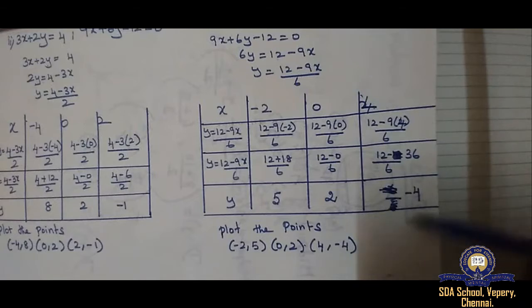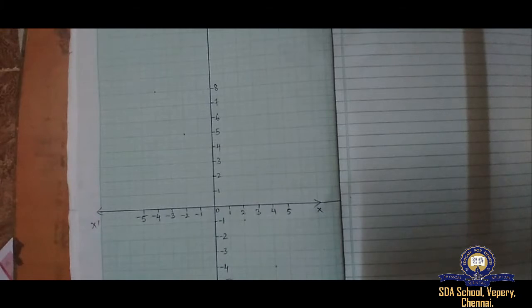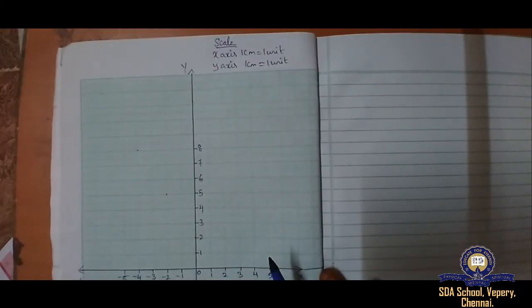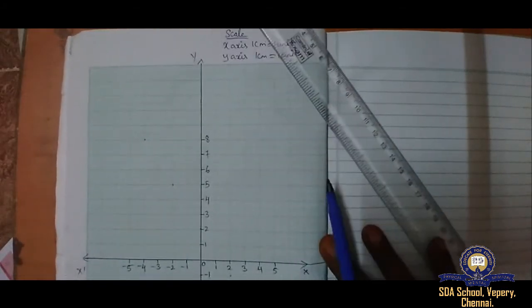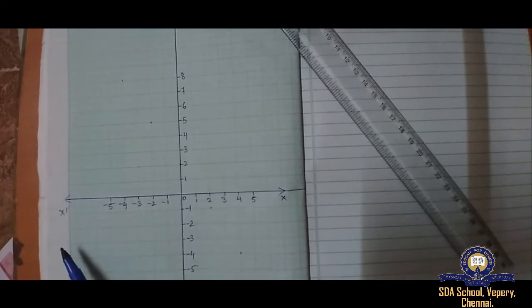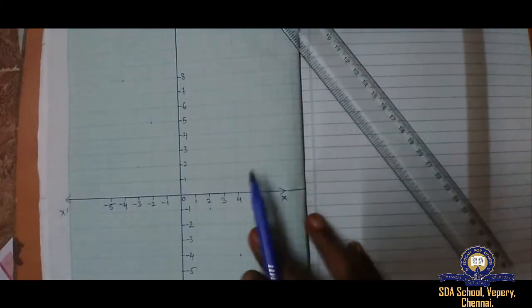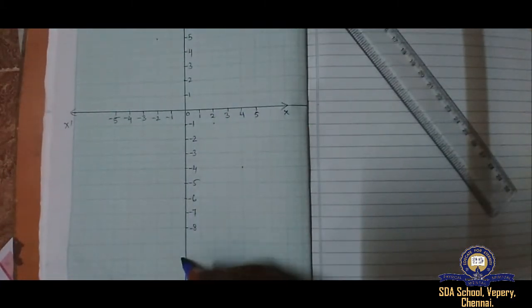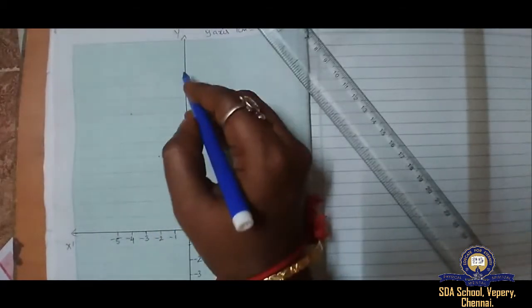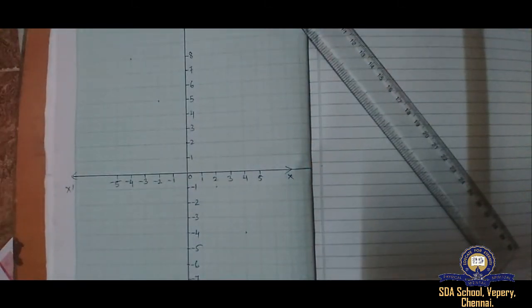So with these 3 points, we'll plot the graph on graph paper. I have drawn the same thing and kept it ready. X-axis: 1 centimeter equals 1 unit. Y-axis: 1 centimeter equals 1 unit. In the same way, this side is positive value. This side, towards your left-hand side, is negative value. Upwards you have positive value. Downwards you have negative value. Down also you have to write y dash. Here x dash. Here, up, you have to write y. Clear? Next we'll directly go to plotting the points.